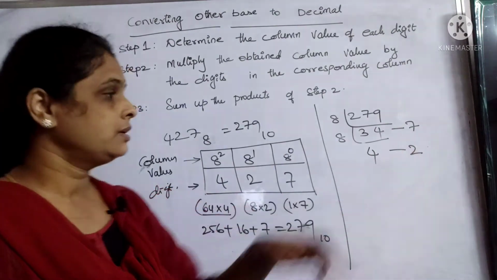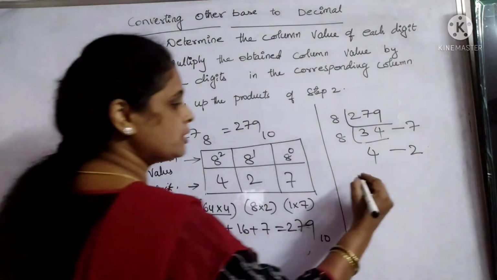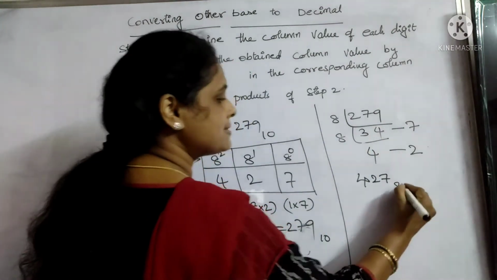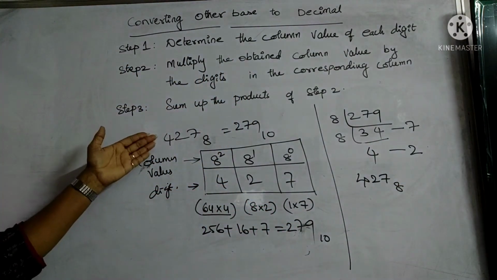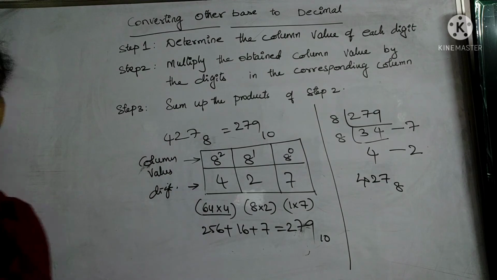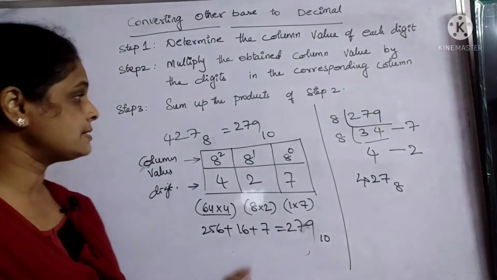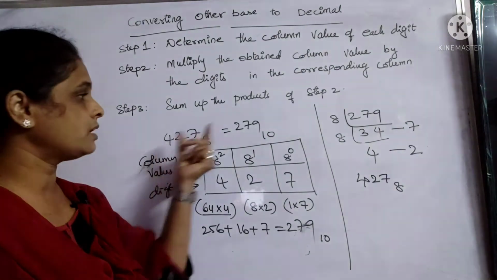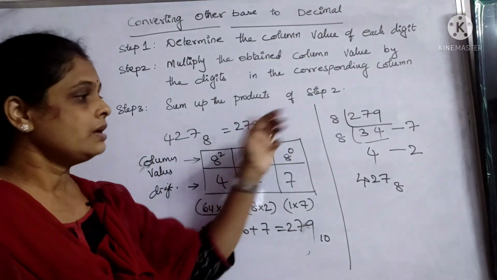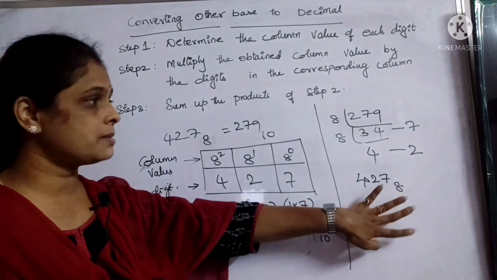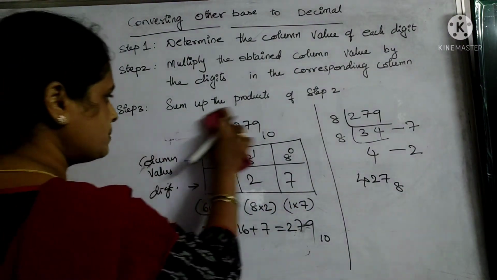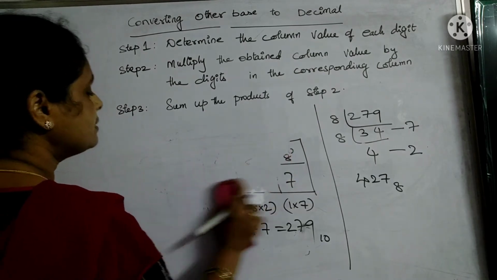I have put it here. Now what do we do from the bottom to the top? So 427. What is this? This is base 8. So we got the left hand side value. So that is how we cross check or verify. So in this, what did we do? I have converted the given octal number into a decimal number. Okay. And also I have cross checked it. This is a method of how to cross check. Then we have hexadecimal also. We'll check that one as well in the same method.